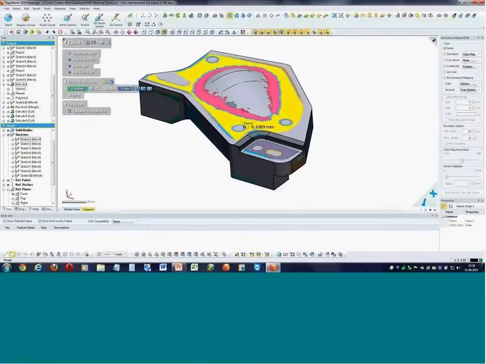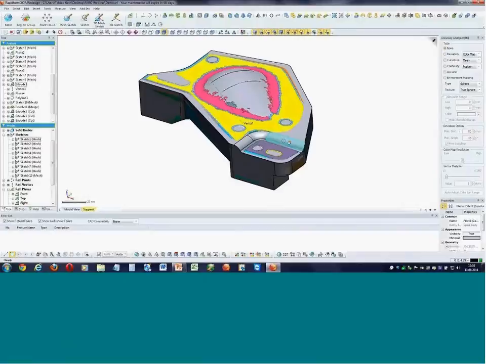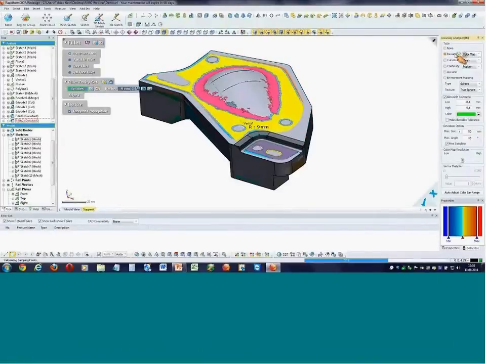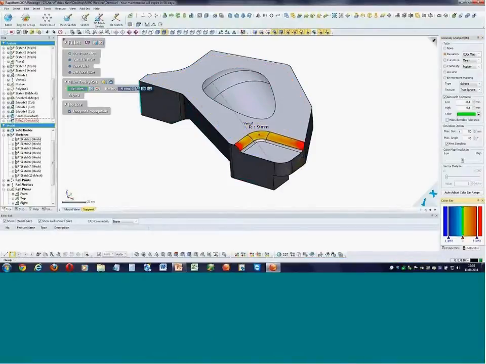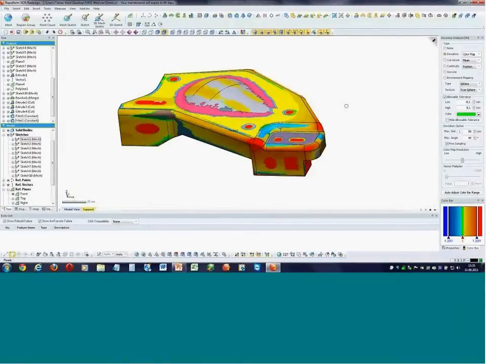In this case, we have a 9 mm fillet, or we can even edit that fillet with the deviation color mapping. So let's say we have a 15 mm fillet or 12.5 mm fillet. You can check the deviation during your filleting process. After the filleting process,